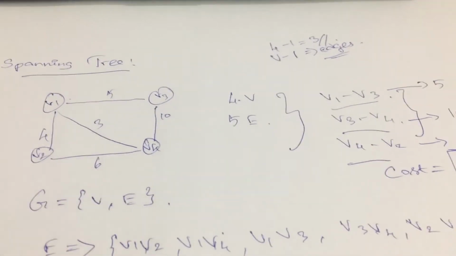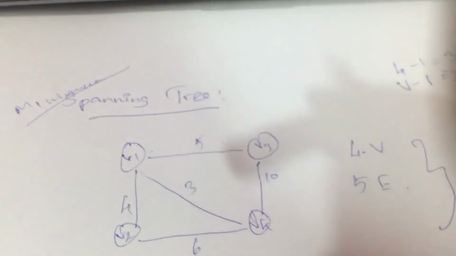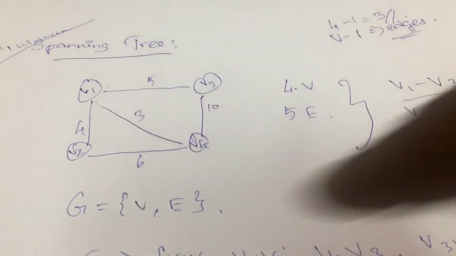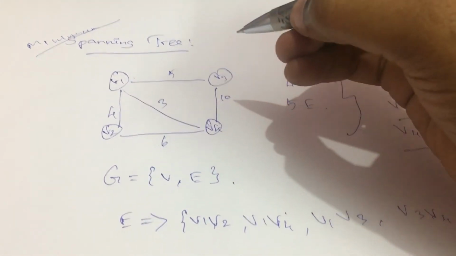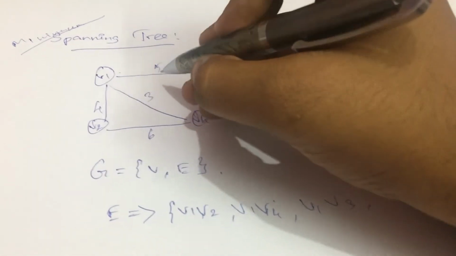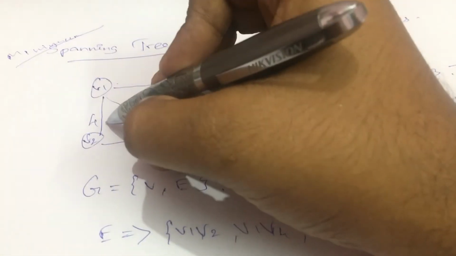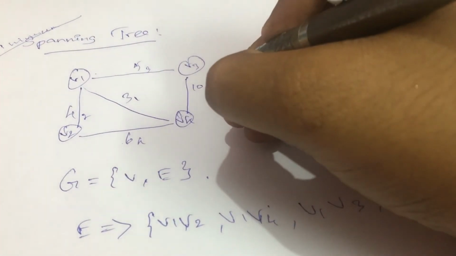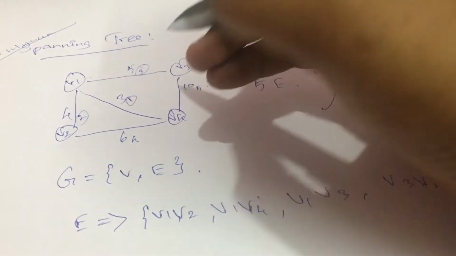A spanning tree won't necessarily be an optimized one, but if it is a minimum spanning tree, then I can try to optimize this. For example, in this entire graph, if I try to find the least possible value, I can say that the number 3 is going to be the minimum value I can pick. So 3 takes the number 1, and then it can possibly be 4, then 5, then 6, and at last 10, right? Now I have just given the ranking for all the weights given here.